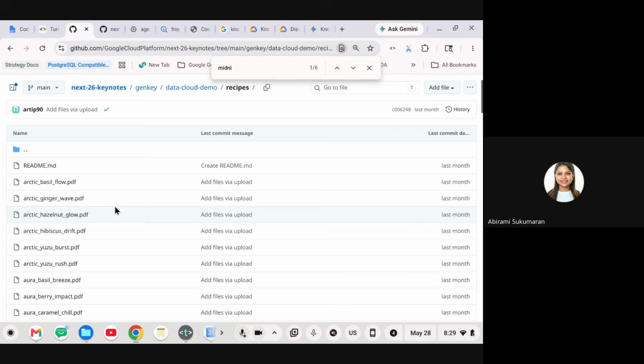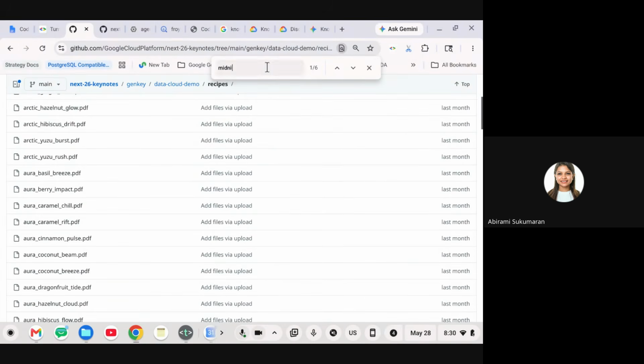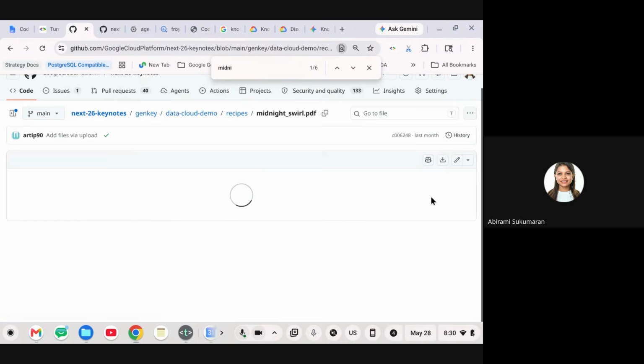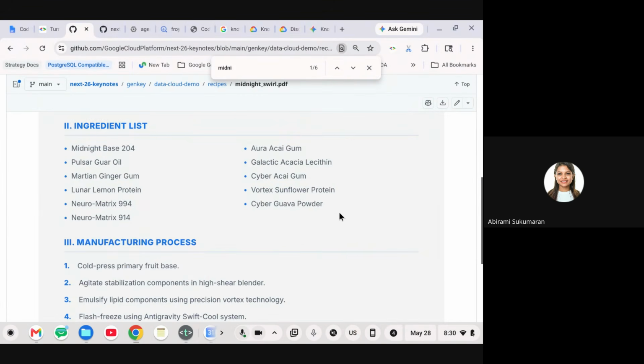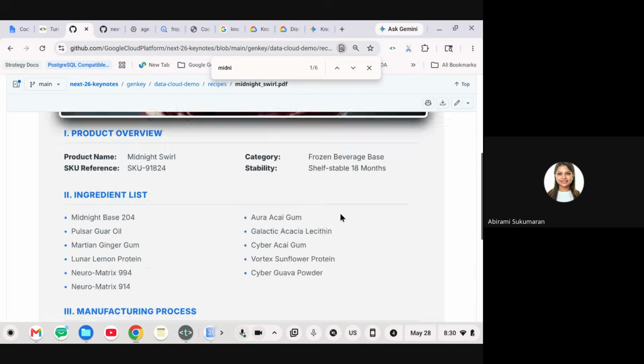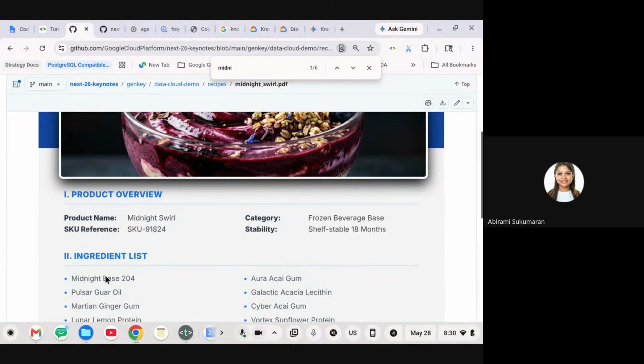How will any algorithm or any application that you're building, or for that matter even AI, or even LLMs, be able to dive deep into all of your files, make this correlation, and tell you that this file, for example the Midnight Swirl Froyo one, contains something called Midnight Base 204, but Midnight Base 204 has so and so ingredients which you probably don't like or you're allergic to? Those are the kind of details even LLMs can't help you with.